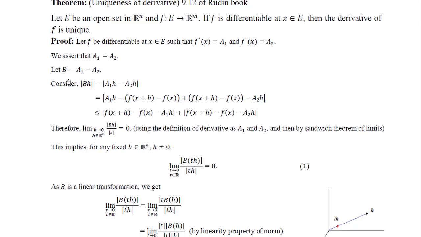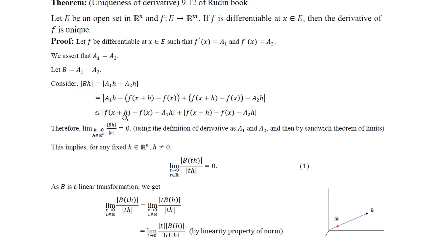So simply by recalling what the zero linear transformation is: the linear transformation which takes every vector to 0 of the codomain is the zero linear transformation. So effectively, if we are able to prove B applied to any h is equal to 0, then B will be a zero linear transformation, for if we prove it for every h belonging to the domain Rn. That is how the proof is going to be.